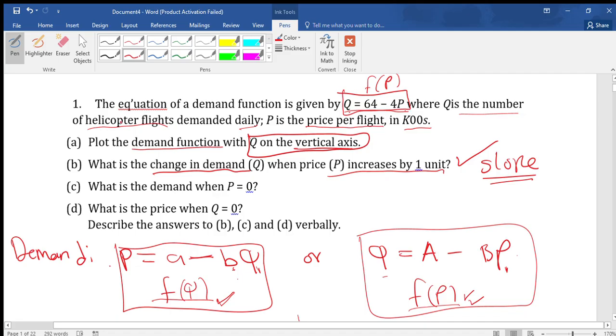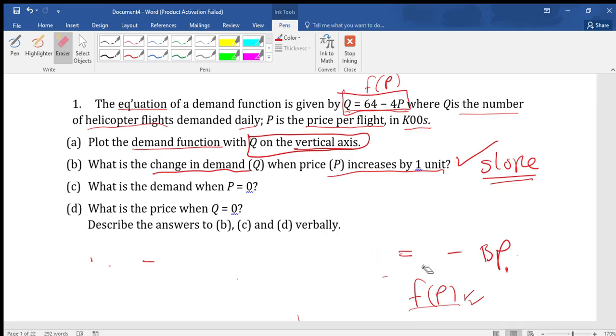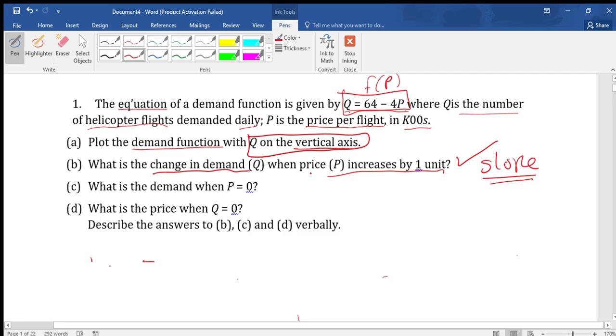I think I can even use the same part. Maybe I can just delete this part so that you can be able to see what is happening there. So what are we simply saying here? We are talking about the change in Q. So since Q is equal to 64 minus 4P, it means this negative 4 is the slope. Negative 4 can be calculated as,